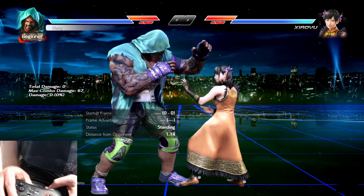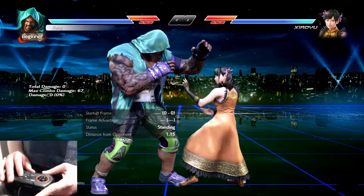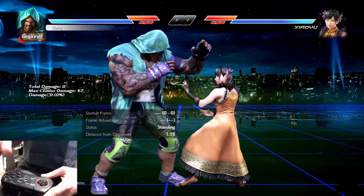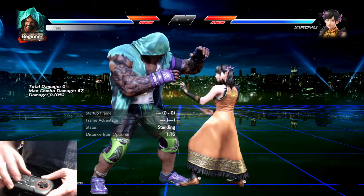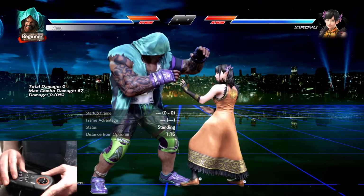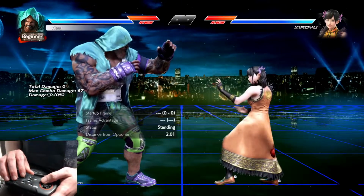Now, the other bit of good news is that your buffer windows are really generous when you're doing this from jabs and whatnot. Since you'll be hitting buttons in a really fast sequence, the game is really good about storing inputs so that you get what you need. As a quick example, I'll just do some jab VTS cancels here, but